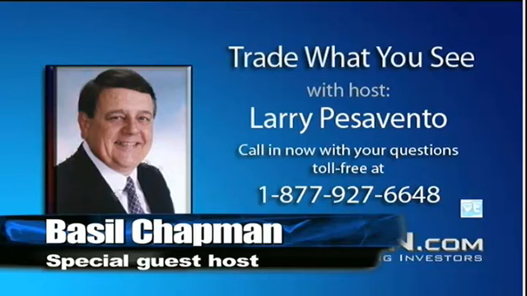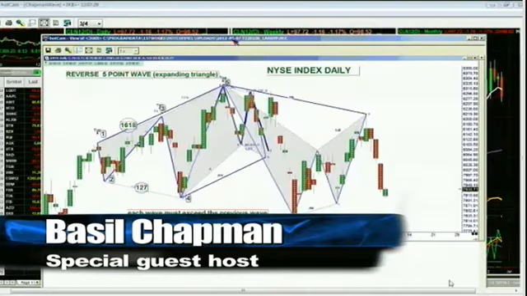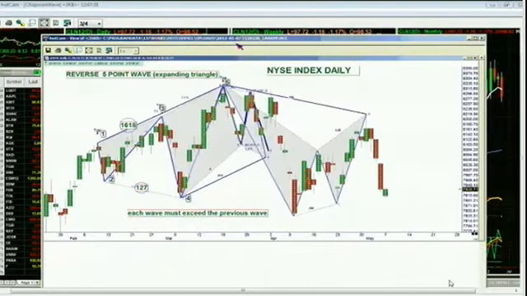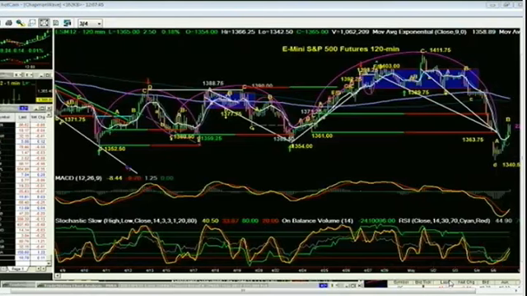So this is what we're looking at here. The Dow is down 27. The S&P is now up 13 cents. Earlier this morning, let me just show this to you. I've got Larry's charts already, but I just wanted to show you that in the E-mini futures in the 120-minute chart, from the 1352.50 low of the 10th